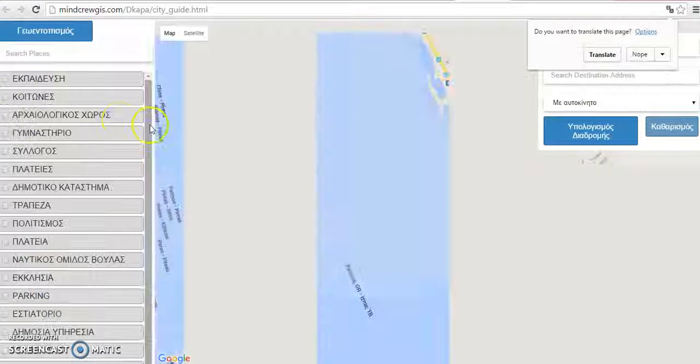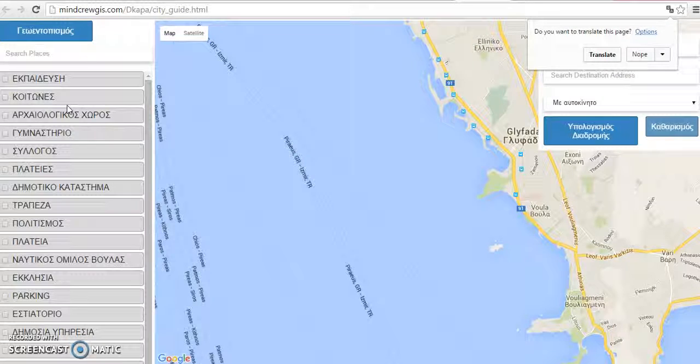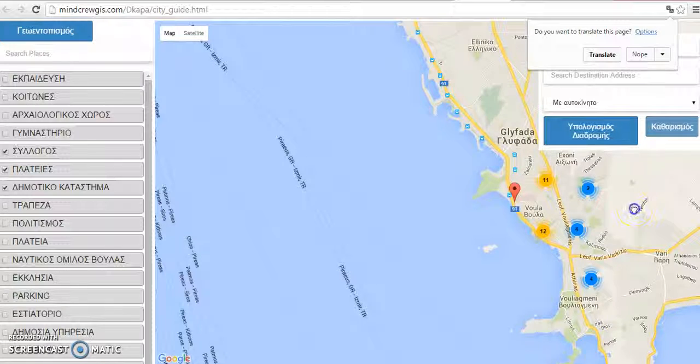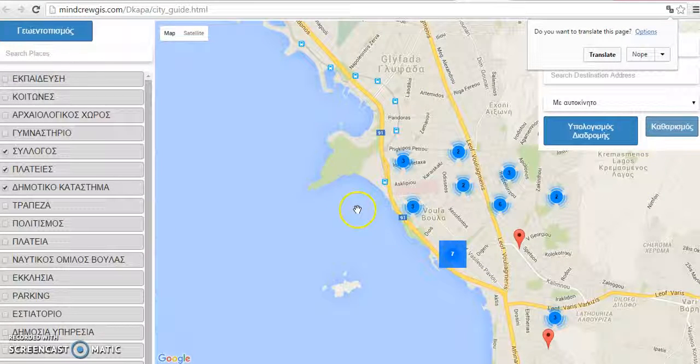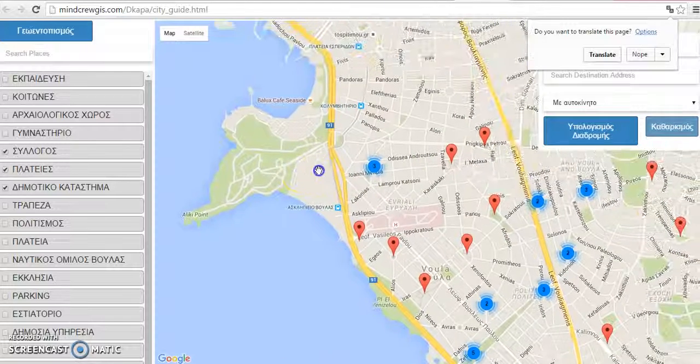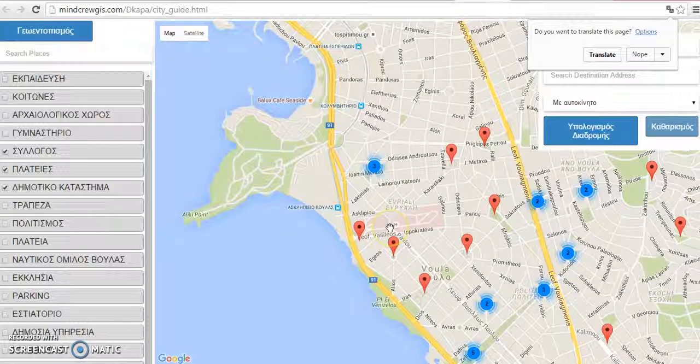The next option is for the locations and POI markers. If I select any of these, yes, you can see the data markers here. Okay, if I just double click on the map or zoom out a little bit, all these POIs will be subdivided into clusters. Yes, we have created clustering here so that the map doesn't look too messy. So here you can see all the multiple markers which I have selected from here.